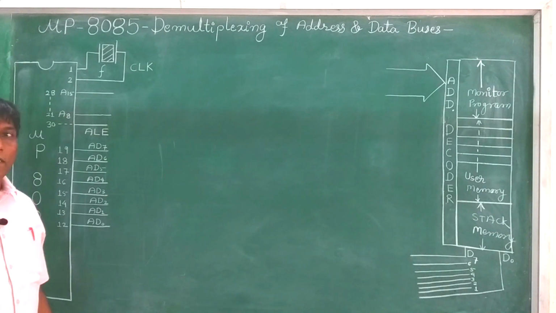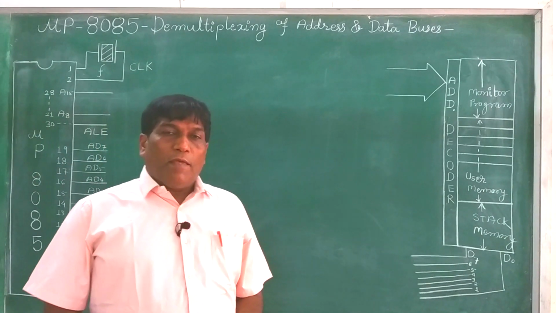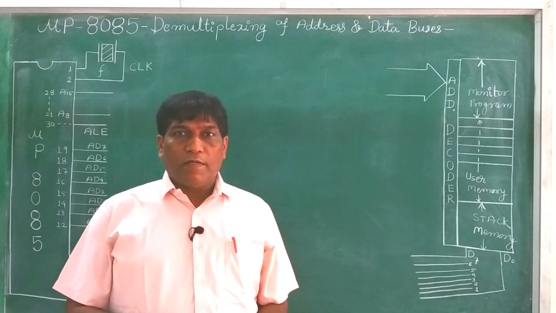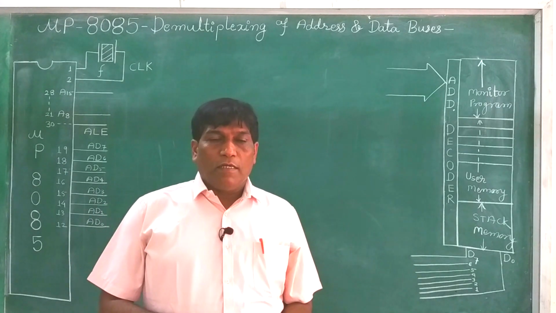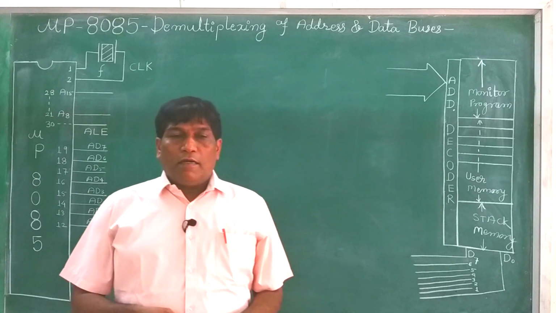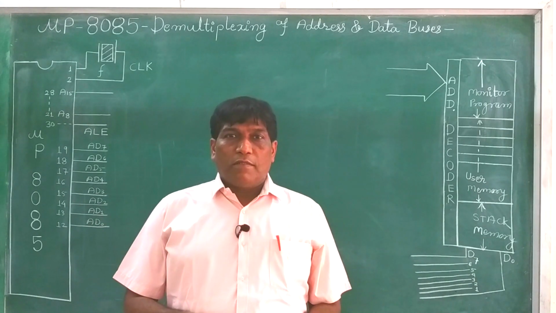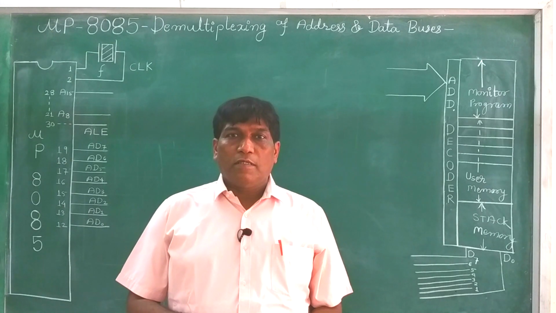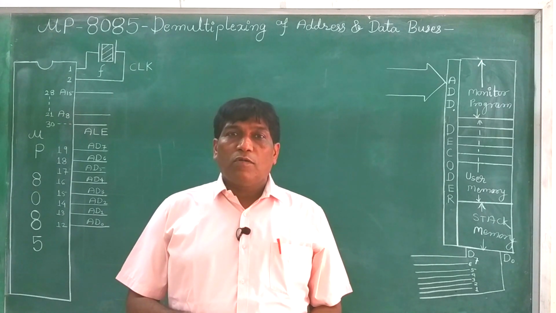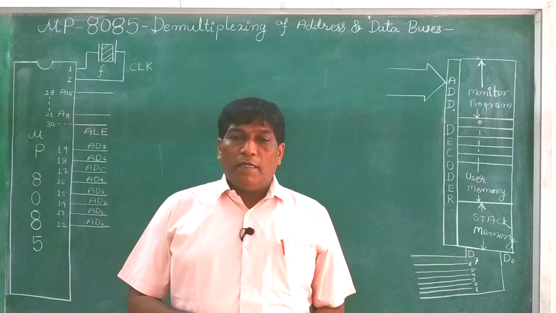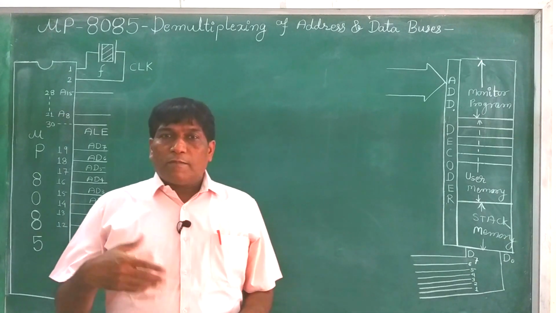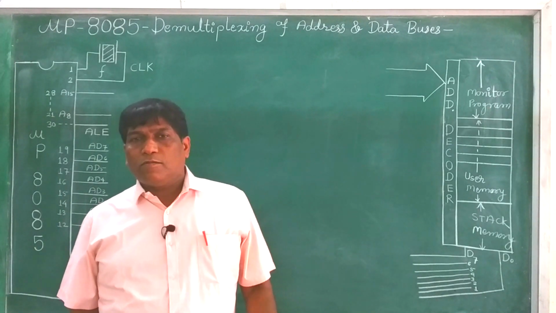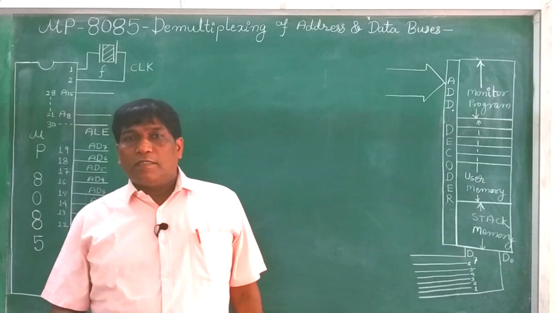As we have already explained the timing diagram for the opcode fetch cycle last time, and today we have taken the review, now we will understand the demultiplexing operation of the lower order address and data buses. These buses are AD0 to AD7, and as we have explained the different timing diagrams, meanwhile some students have asked me what is ALE.